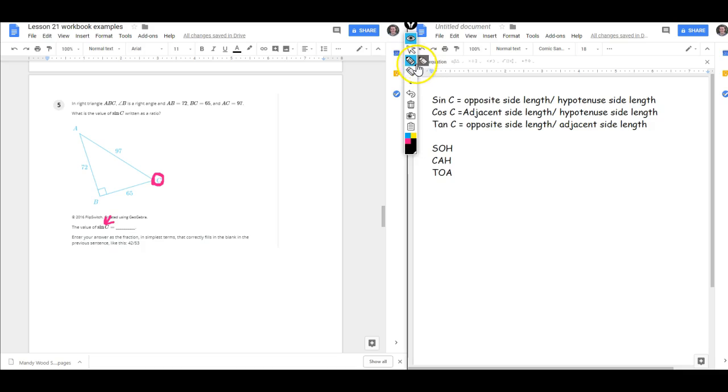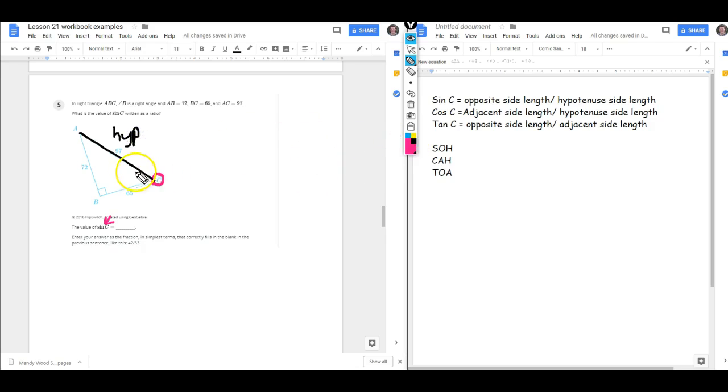Now the first side length that I always like to label is the hypotenuse because it's the longest side and it's always across from the 90-degree angle. So side length AC is the hypotenuse side length, and now we are going to decide which one's opposite and